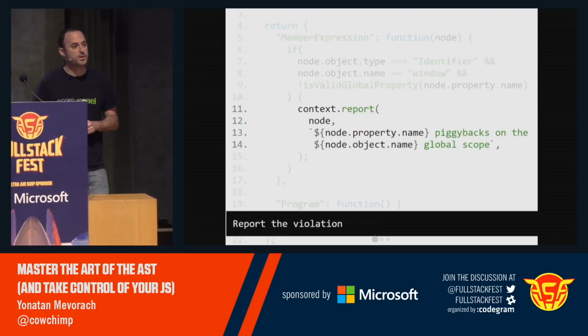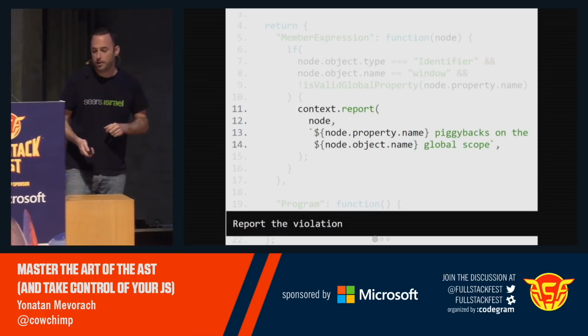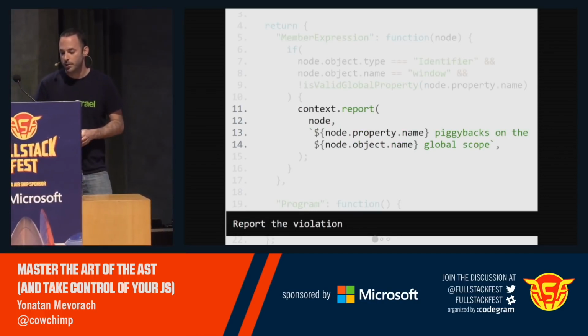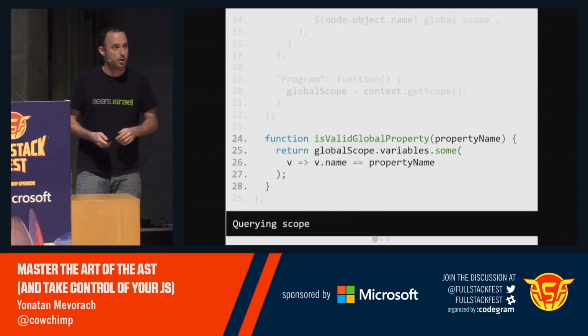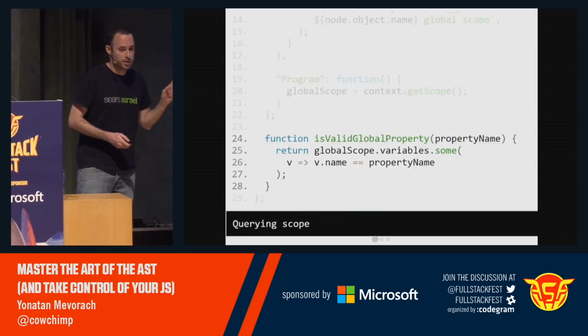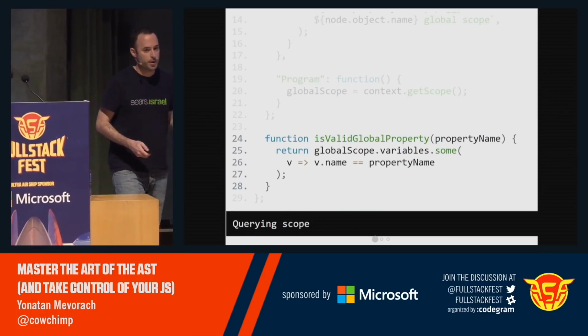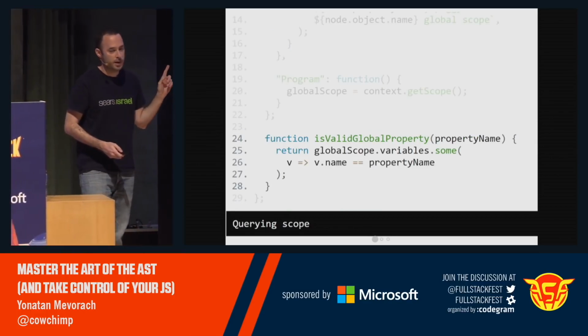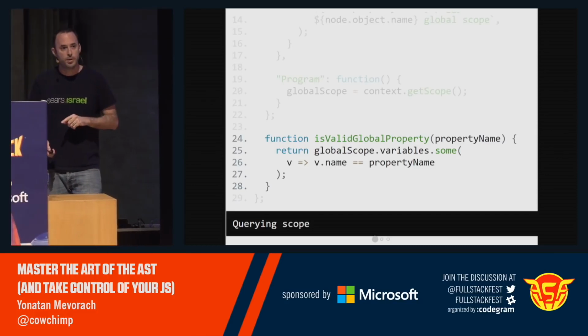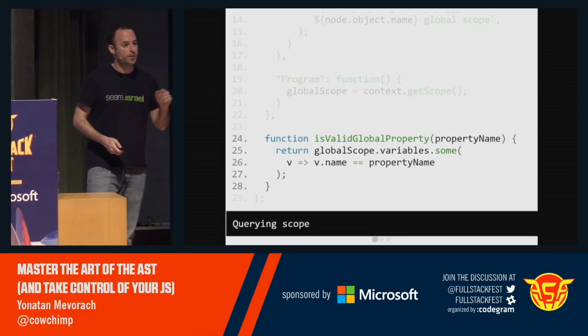So ESLint exposes this context.report method, and I can pass in whatever error message that I want. And this is how this helper function is implemented. ESLint also analyzes scope on your behalf. So it exposes this variables array and already pre-populates it with anything that's in scope in the environment you're running